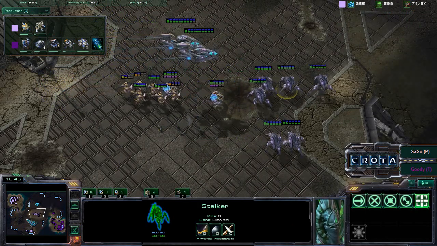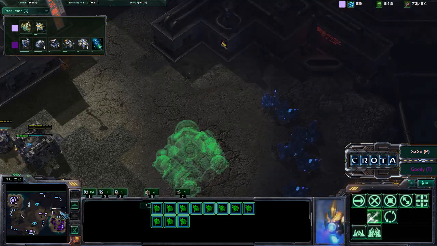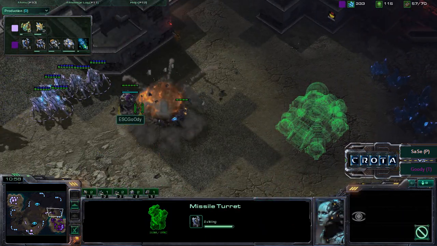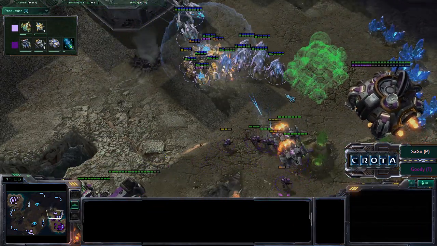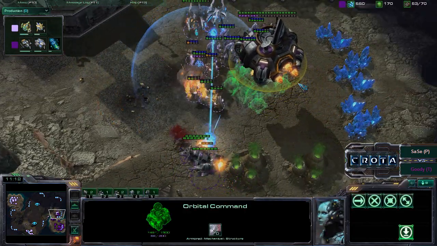So those Stalkers are able to shut that down, and now more probes are being transferred to the natural expansion. We are waiting for an expansion to be laid down here. Missile turrets are trying to be built, but it doesn't look like they will be up in time. That missile turret will get taken down, and things are not looking good for Goody at all. This expansion, and Guardian Shield now being used, and now that the Orbital Command, Marines now trying to fight back